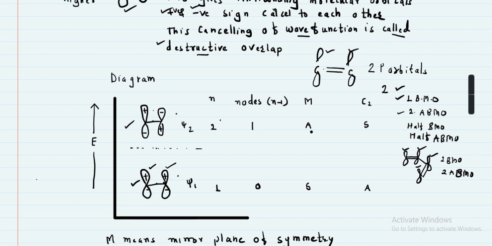If suppose a hexatriene compound is there, okay, hexatriene compound, there are 3 pi bonds. Therefore first p orbital, second p orbital, third p orbital, fourth, fifth p orbital and the sixth p orbital. Therefore 6 p orbitals means 3 bonding molecular orbitals. Okay, half is the bonding molecular orbital and half is the anti-bonding molecular orbital.